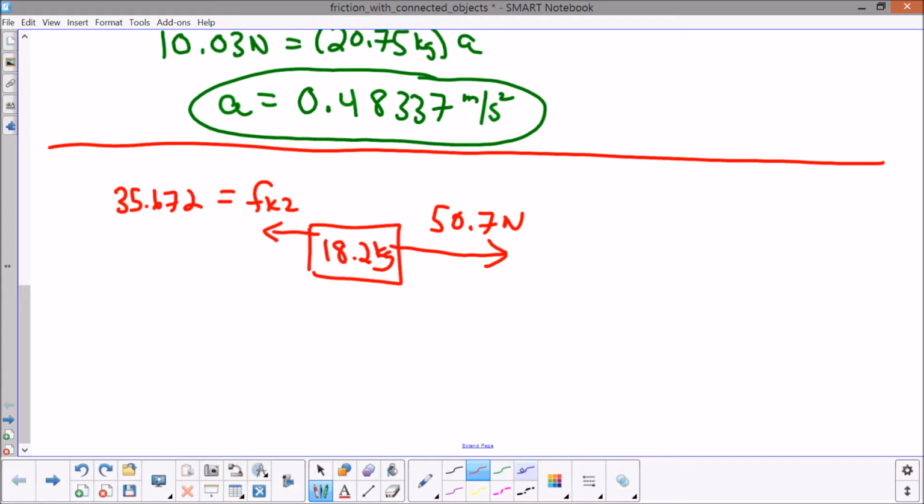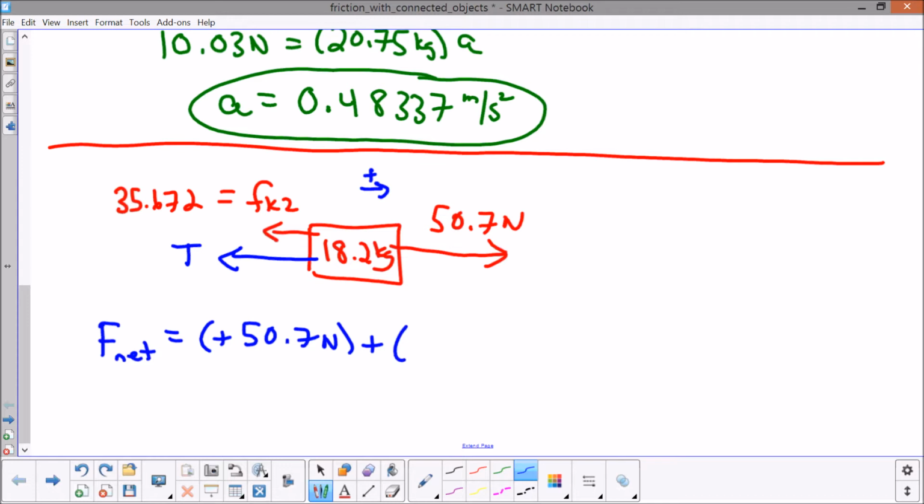And we have the unknown tension that's pulling to the left. Again, I'm going to set this up so that the right is the positive x direction. So the net force acting on just that single box is positive 50.7 newtons plus negative 35.672 newtons plus negative T,